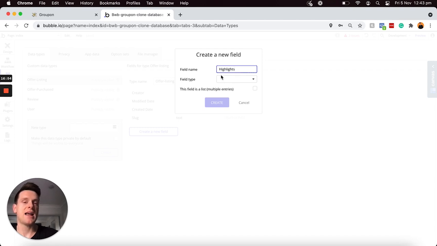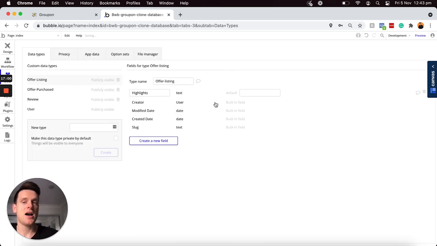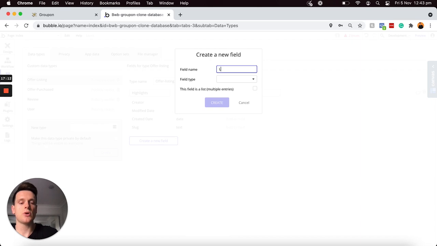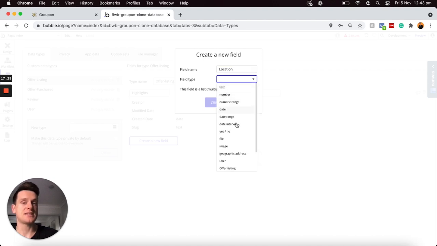So this is just an outline of everything that's included within a Groupon offer. And of course, this field type will just be a text type. Then I'll be storing the location of this offer. Although we're registering a business's address, the place in which someone can redeem an offer might be a different location from that business's address itself. So I'm going to be storing a dedicated location here, and I'll be selecting this to be a geographical address